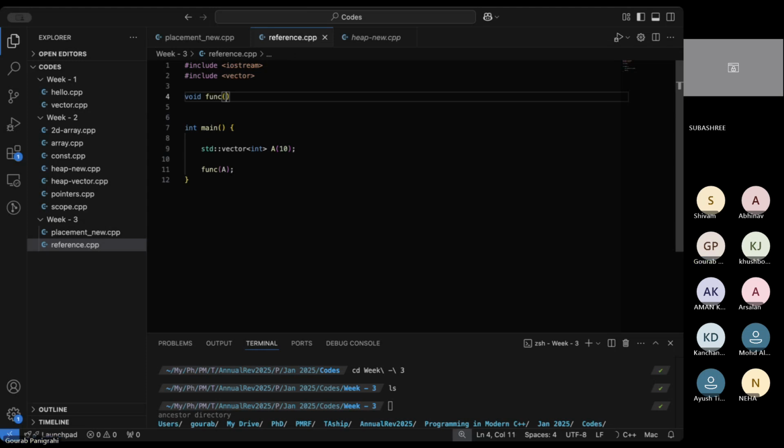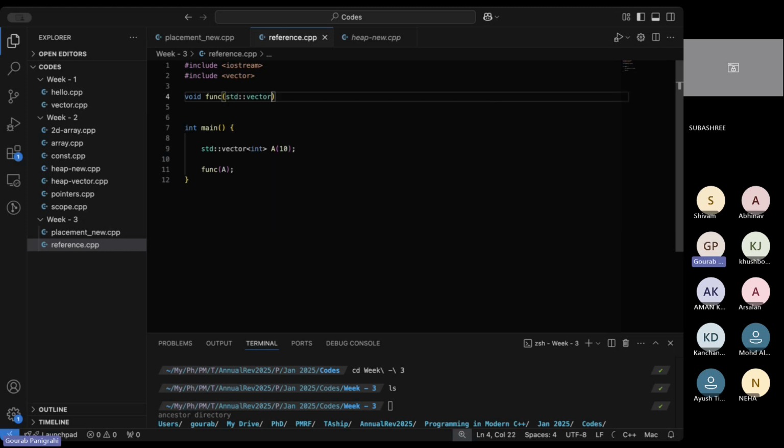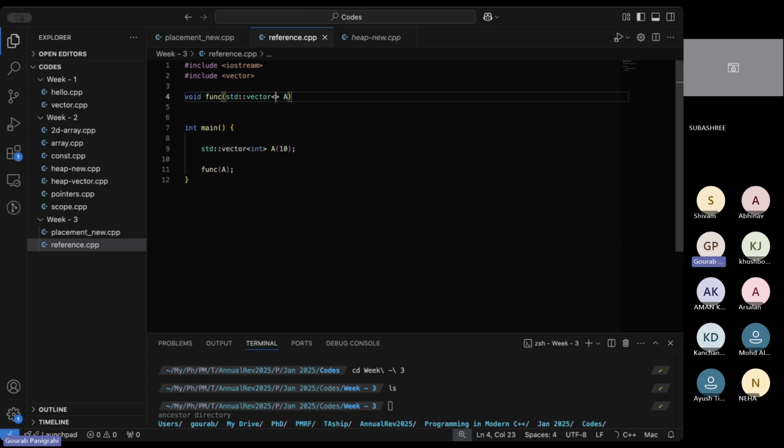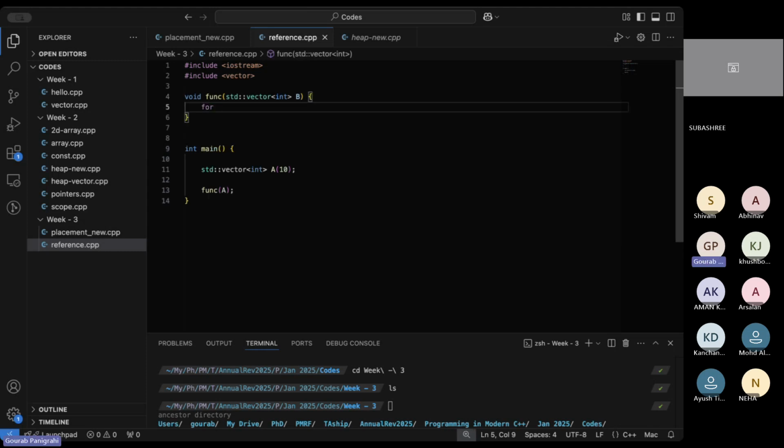Inside it takes a vector, standard vector of template integer. I don't need to write it as A, I can make it B also. Now what we will do in this is